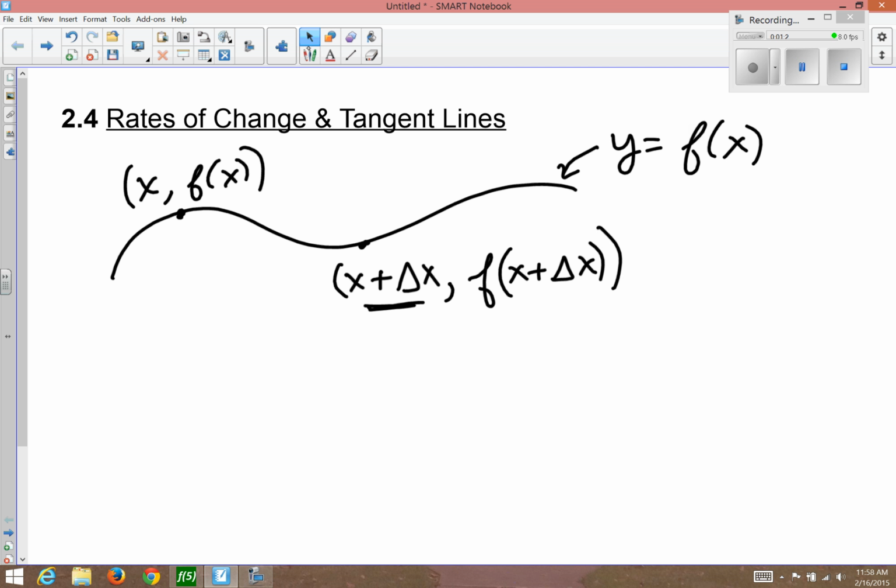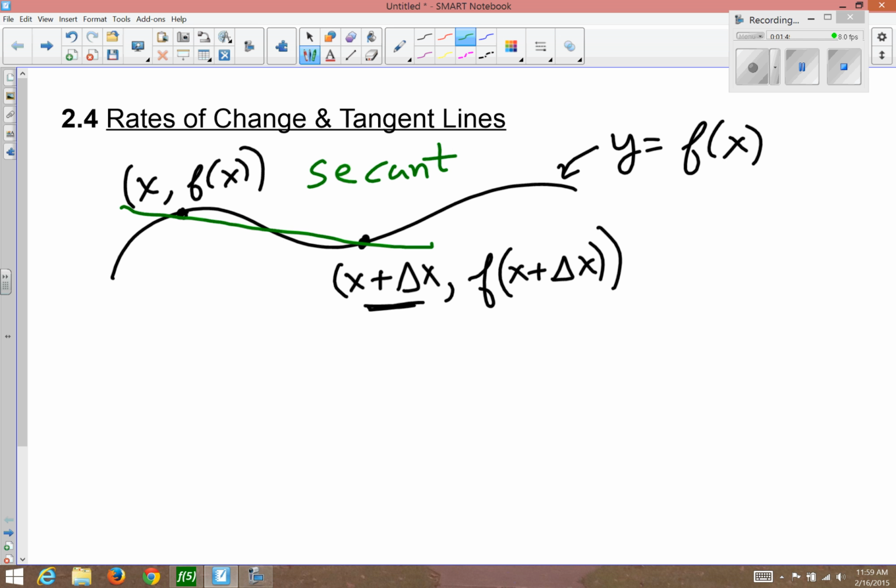So we have 2 points on a function. x, f of x are the coordinates of any point, and these are the coordinates of some other point to the right of the first point. If we connect 2 points on a function with a line, we call this a secant line. And the slope of this secant line is called the average rate of change. The phrase average rate of change